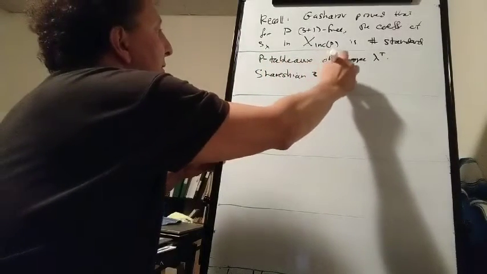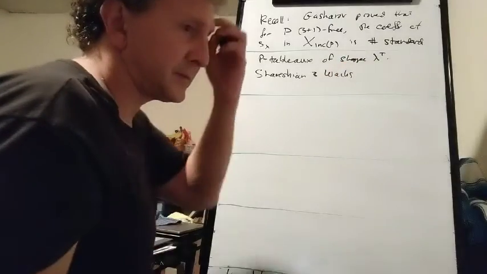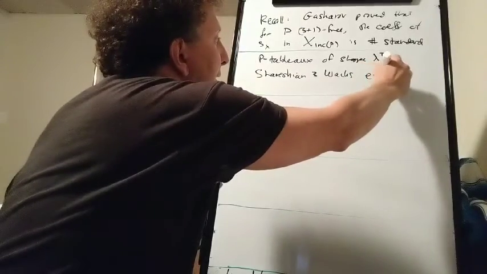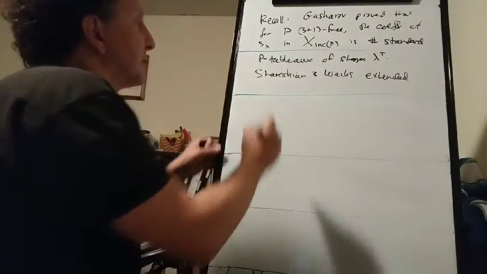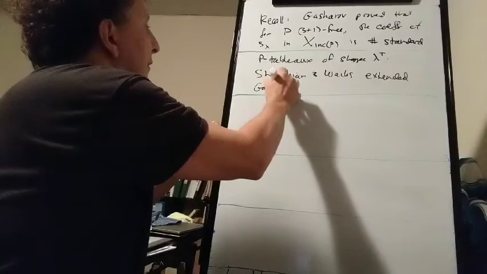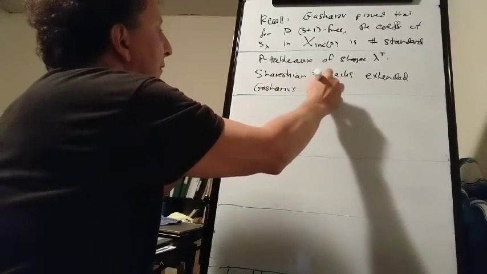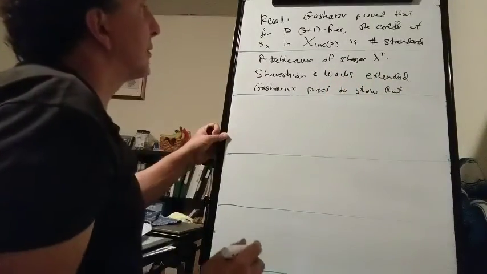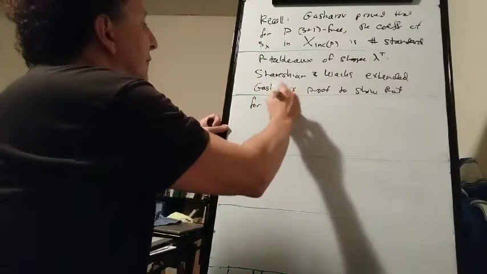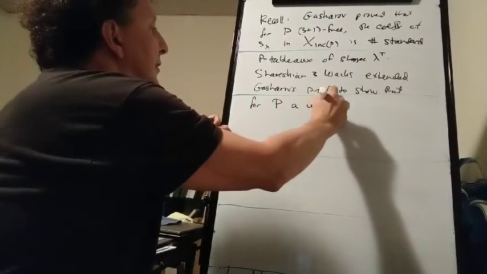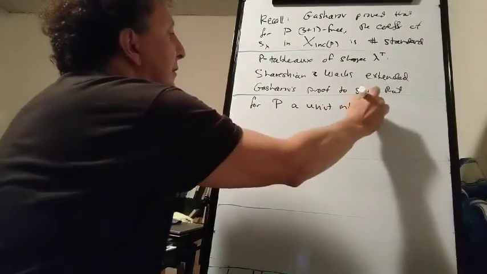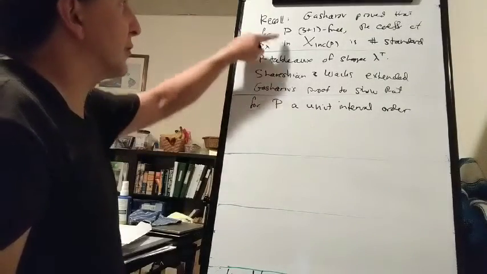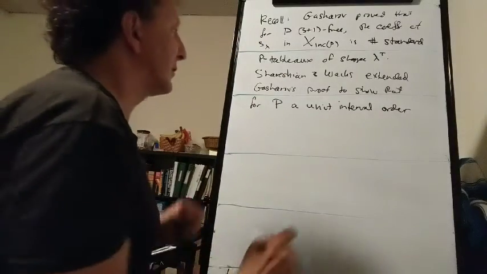Now Shareshian and Wachs extended Gasharov's proof to show that for P a unit interval order, so they had to use the stronger assumption of a unit interval order instead of just (3+1)-avoidance,